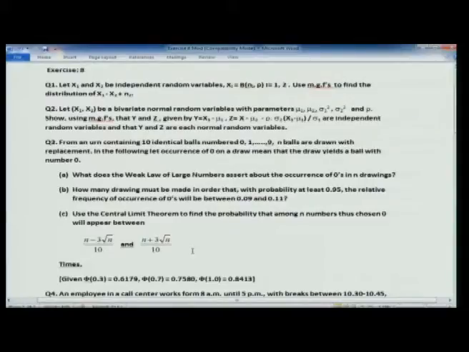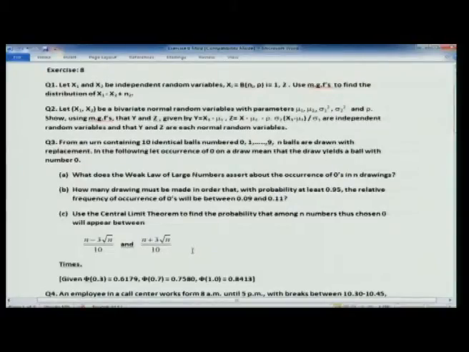Now, what does the weak law of large numbers assert about the occurrence of zeros in n drawings? So, the mean is 1 by 10, because they are identical balls. The probability of drawing any of the 10 numbers is equally likely, and therefore the weak law of large numbers will say that if Sn is the number of balls that showed up with number 0,